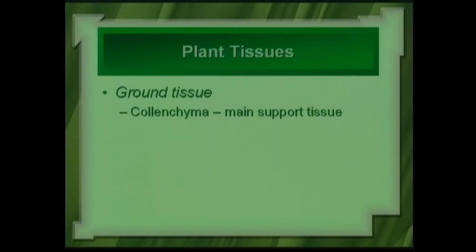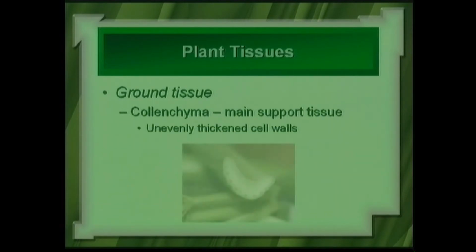Then we also have another kind of tissue. So this is a main kind of support tissue. It is there to help support the plant, help it stay upright. And these generally have cell walls that are unevenly thickened. They're usually not uniform in terms of thickness. And in fact, in terms of your